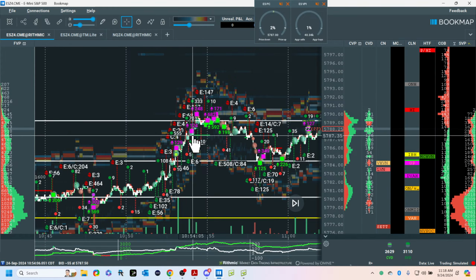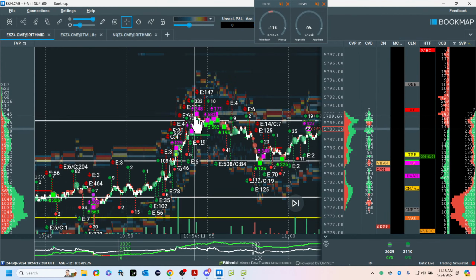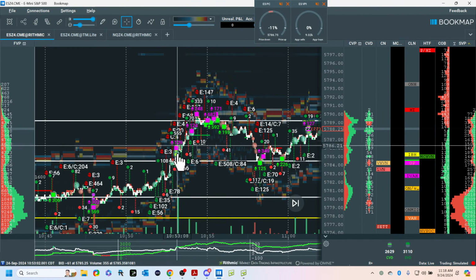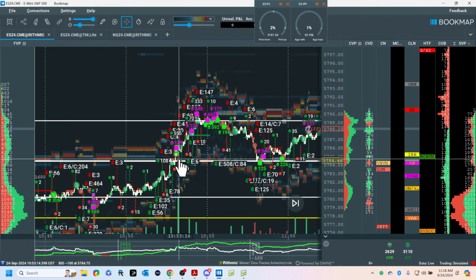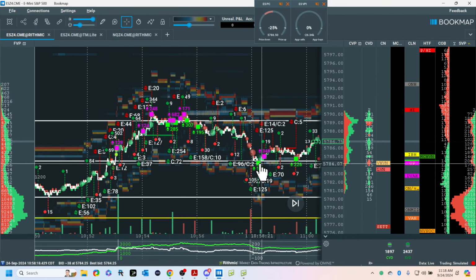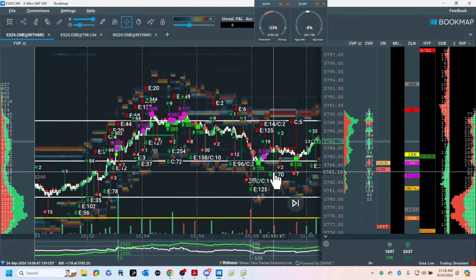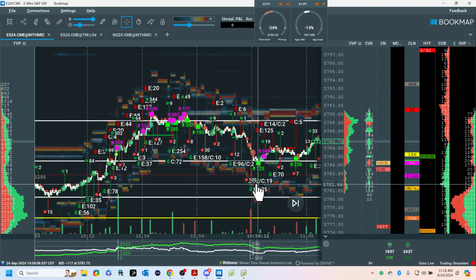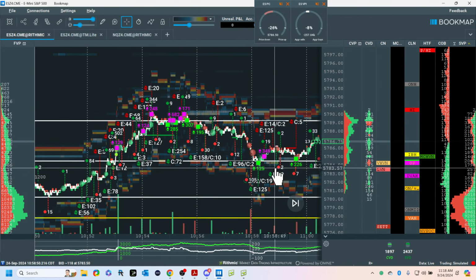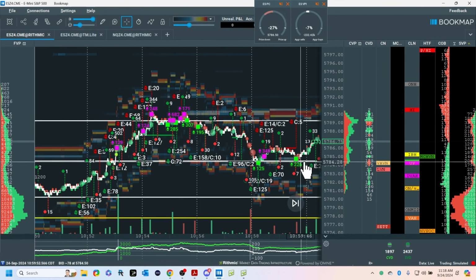Sellers are here. You can see the absorption. Where was the urgency? Here. So I come back here. There's my buyers. Again, sellers try here. Sellers try here. And there's my buyer. So let's look at this. Buyers are here. Sellers are here. Buyers come back in over here. Absorption. What do I have here? Buying icebergs. And this is all a suspect. Nobody knows. I get my buyer.